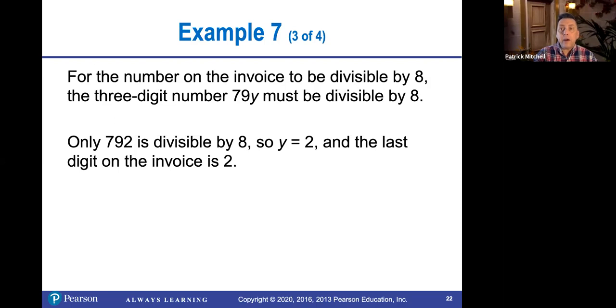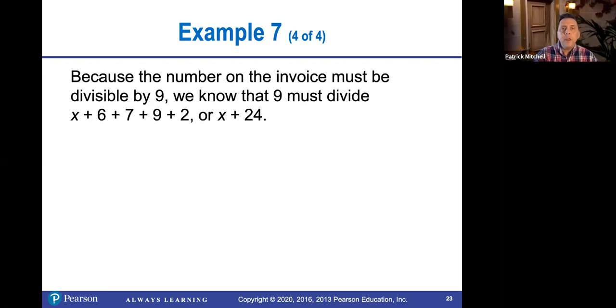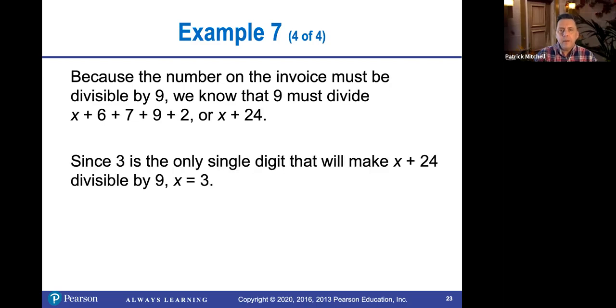So now let's go after the value of x. Because the number on the invoice must be divisible by 9, we know that 9 must divide x plus 6 plus 7 plus 9 plus 2, which is x plus 24. And remember, x has to be a number between 1 and 9, I guess. And the only number that's going to work for x is 3. That would make x plus 24 equal to 27. 3 is the only single digit that will make x plus 24 divisible by 9, so x has to be